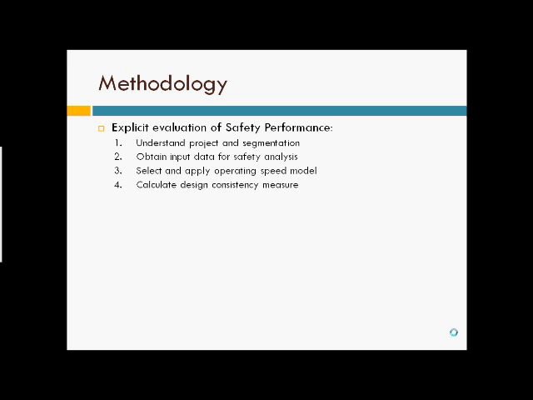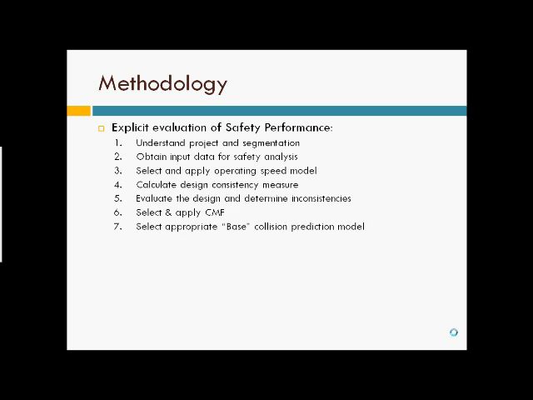And also we will talk in depth about how we can measure this design consistency, evaluate the design and determine the inconsistency, and then select and apply the collision modification factor depending on the information before, and then select the base collision prediction model that is suitable and appropriate, because this is a very important and sensitive step where you should select a good base collision prediction model. And then if there is a requirement for any calibration for this collision prediction model, it should be done, and combine now the collision modification factor with the collision prediction model in order to get how many collisions we have per